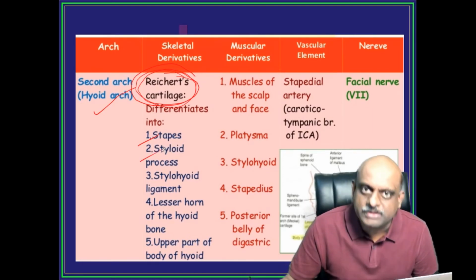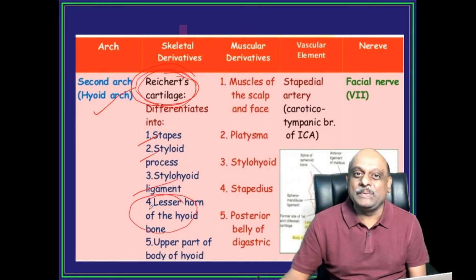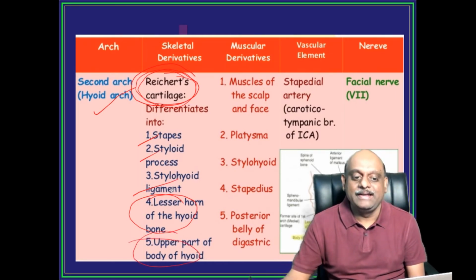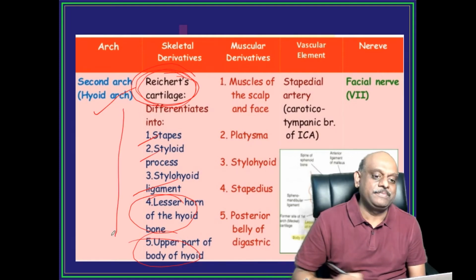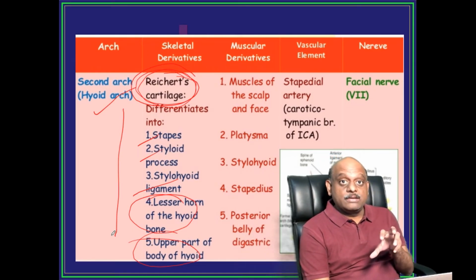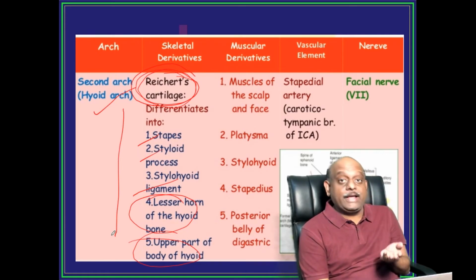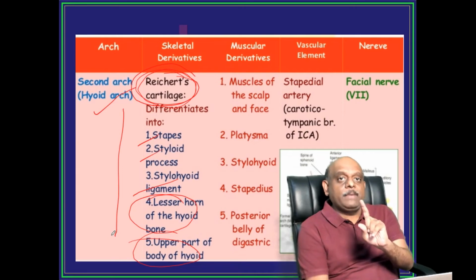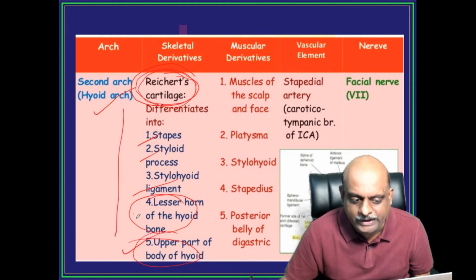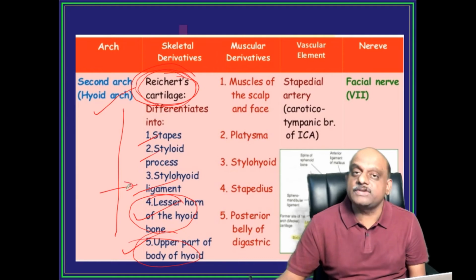Then styloid process, stylohyoid ligament, lesser cornu of the hyoid bone, and upper part of the body of the hyoid bone. They are the ones which are derived from the second arch. You should clearly remember. Lesser horn, greater horn. The hyoid has two horns. There is an upper part of the body of the hyoid and a lower part of the body of the hyoid. Which part is coming from the second arch, doctor? Upper part of the body of the hyoid, lesser horn of the hyoid bone, and yes for second arch, yes for stylohyoid ligament,